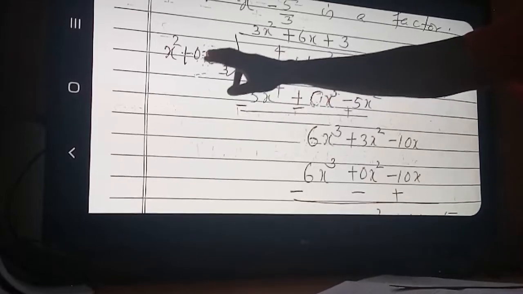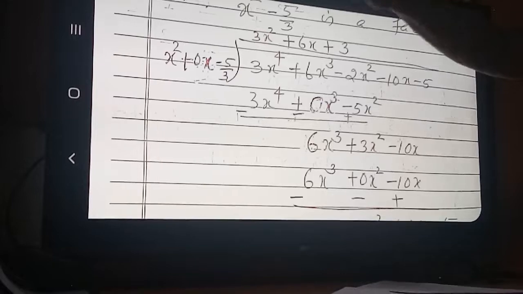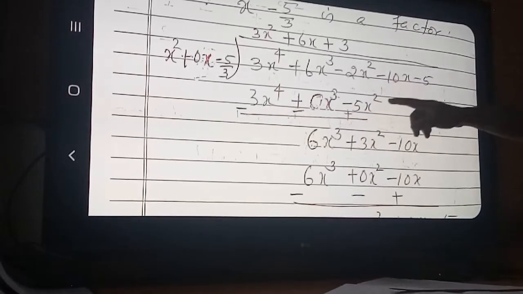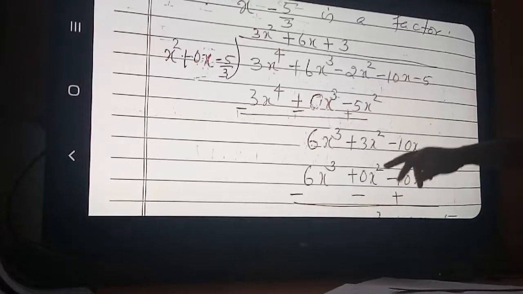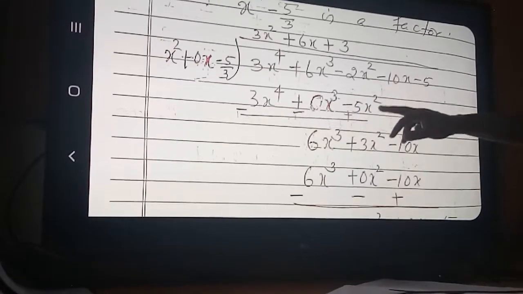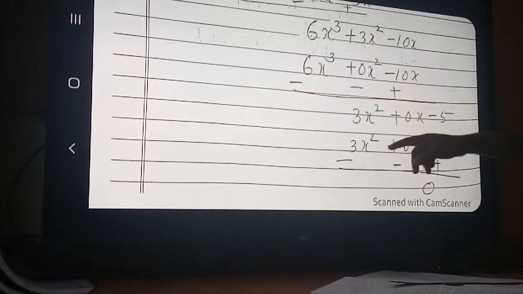That means we will divide this polynomial by it, and then we will remove it. So, divide it. I am not going to explain the division again, you know the division. Now, divided. After division, what you got as remainder is 0.